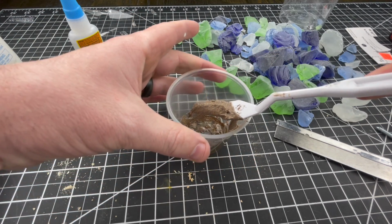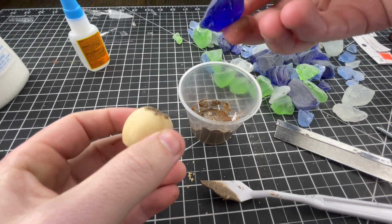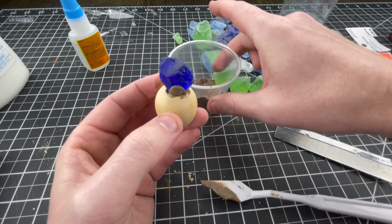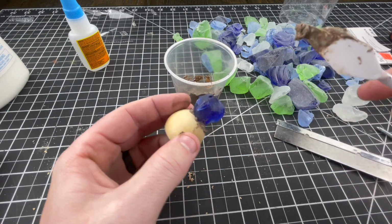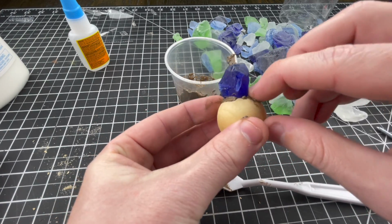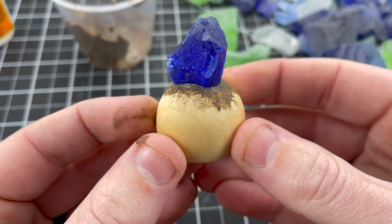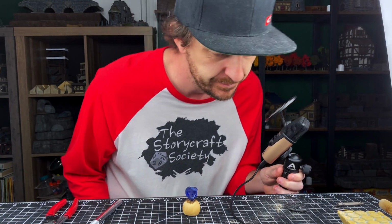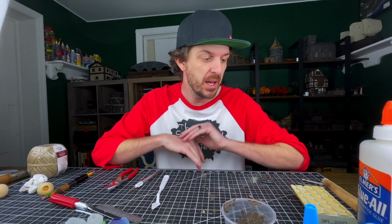Now I've got it into a paste. Push that down into a little spot here. And then I will take my gemstone, set that down into it. And then the last thing that I'll do is take my tool here and scrape that excess off. And then I can run over all those areas with my finger to smooth it all out. And now for the dreaded dry time. Dry time. So actually, while I'm waiting for that to dry, I can double stack my dry time because I need to be working on the grip for this,